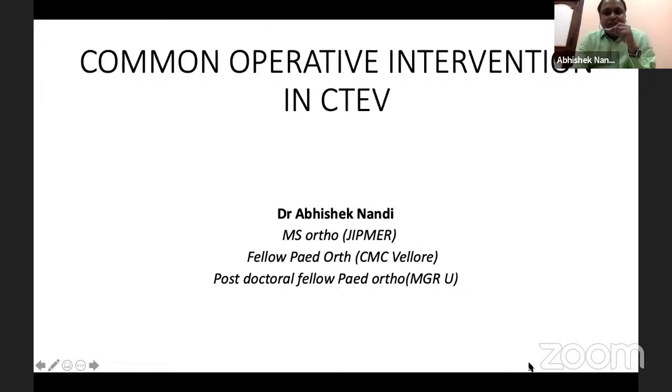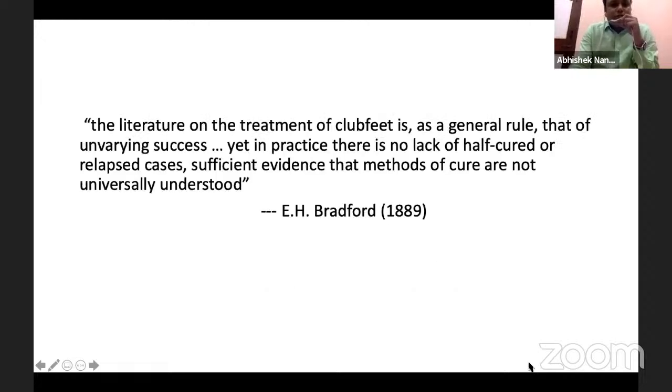I have taken some slides from there in this also, so I don't think it will be a great miss. So common operative interventions in CTEV, it is quite an extensive topic which was given to me by Akhilesh Da. So I have got some lines from Bradford in